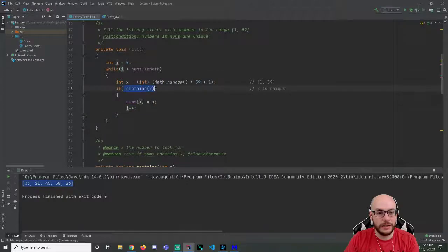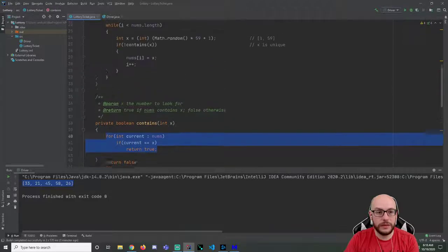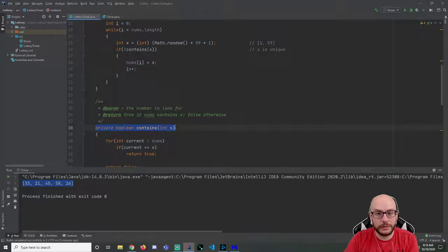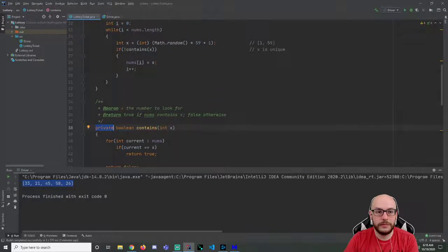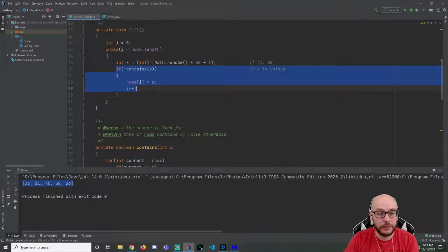Now this contains method, as mentioned earlier, is a little helper method again. This code could very easily just be right here. Instead, I've extracted it and encapsulated it in this helper method to clean up the code. Otherwise, you would have all of this inside of this, and what that would be is a loop inside of a loop, which is not necessarily wrong. It just can be a lot, whereas this is very sleek in how it reads, as long as you know how to